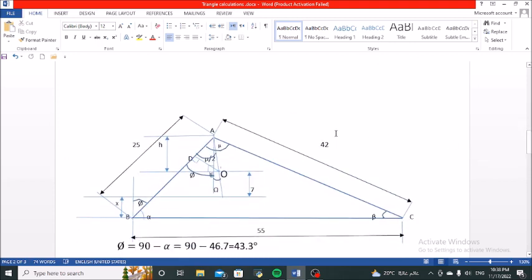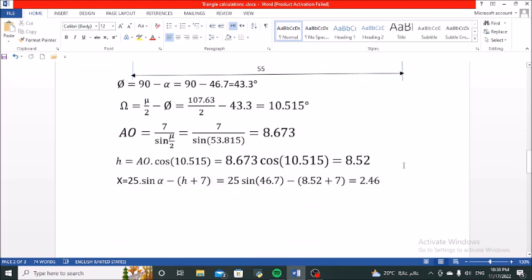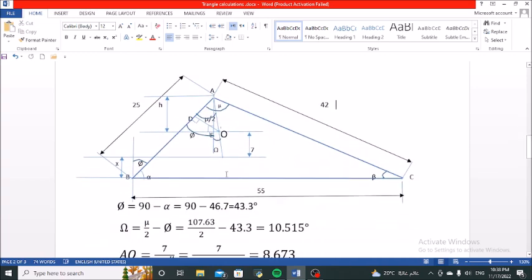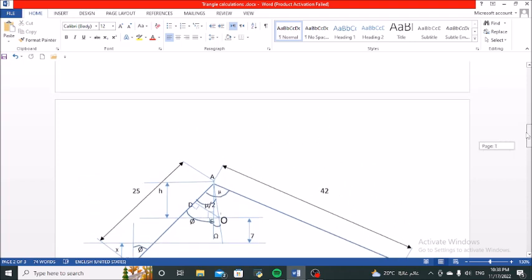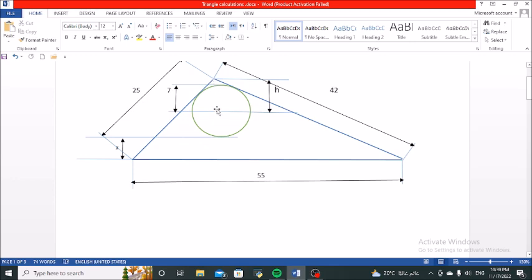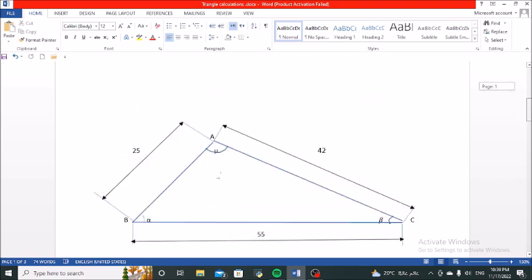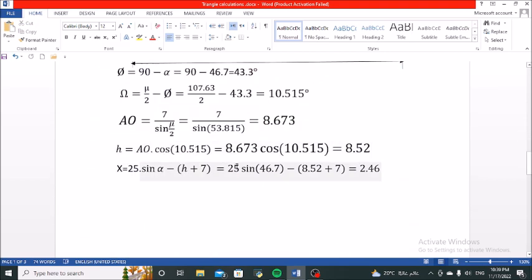H is equal to AE, which was calculated to be 8.52. The 7 is the continuation of the radius, the continuation of the circle. So we calculated this perpendicular distance plus 7 and subtracted it from the perpendicular distance, which is 25 sine alpha. So our result came out to be X equals 2.46